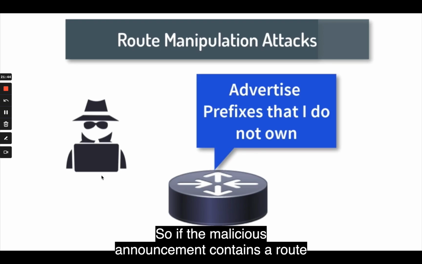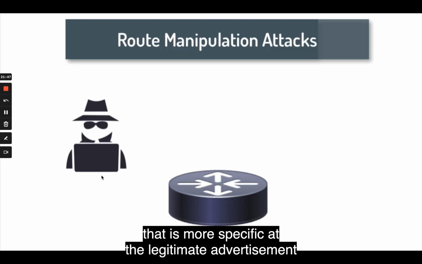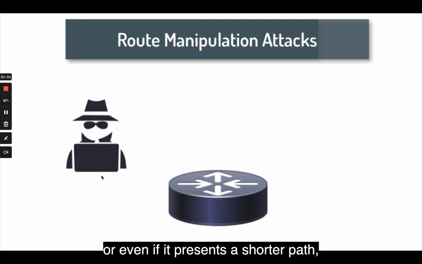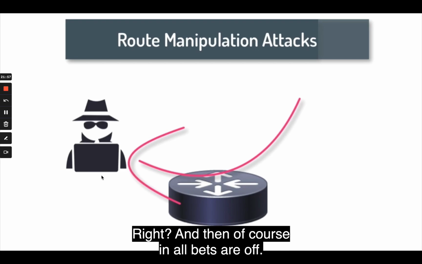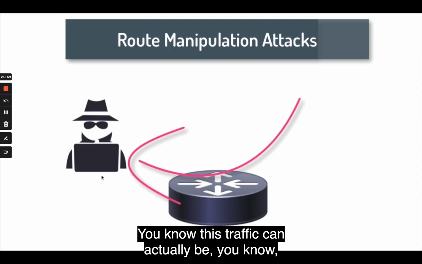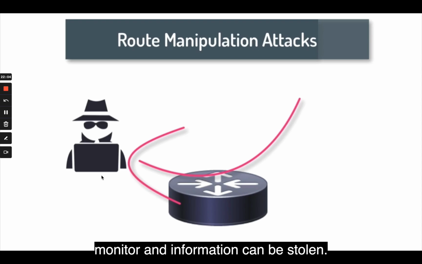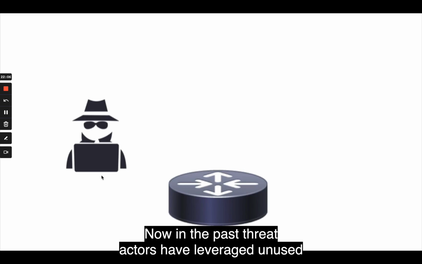So if the malicious announcement contains a route that is more specific than the legitimate advertisement, or even if it presents a shorter path, then the victim traffic may be redirected to the attacker, right? And then, of course, all bets are off. This traffic can actually be monitored and information can be stolen. Now, in the past, threat actors